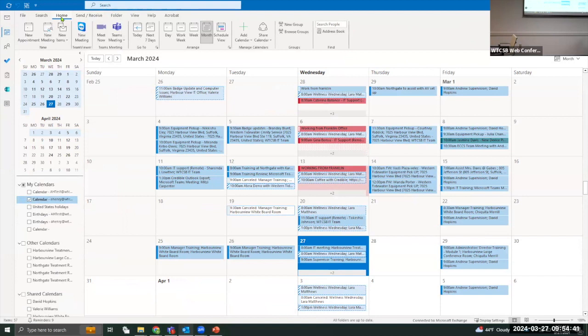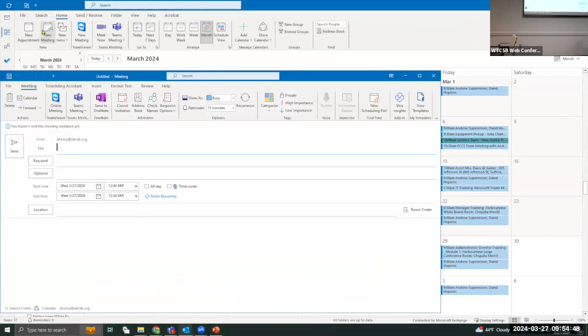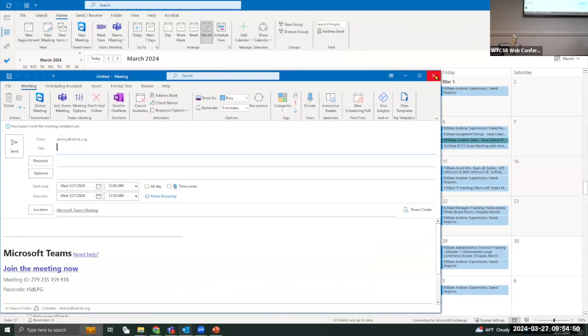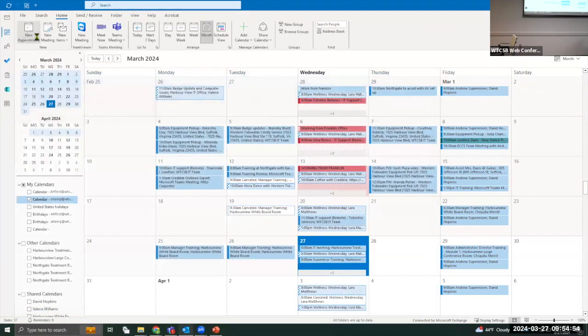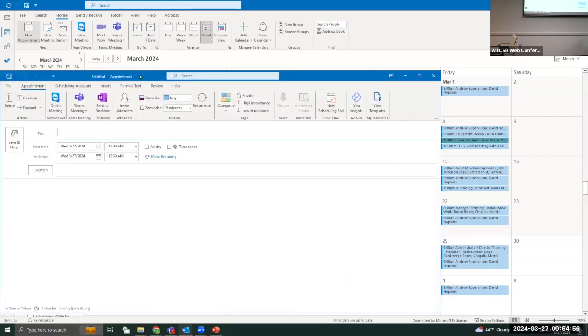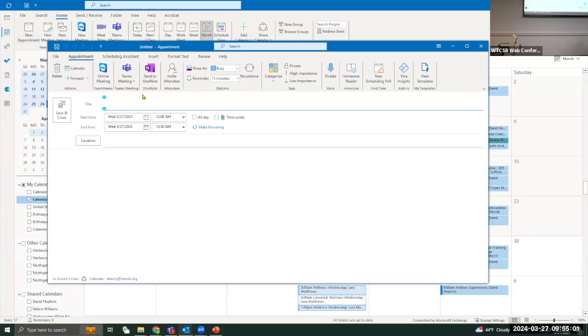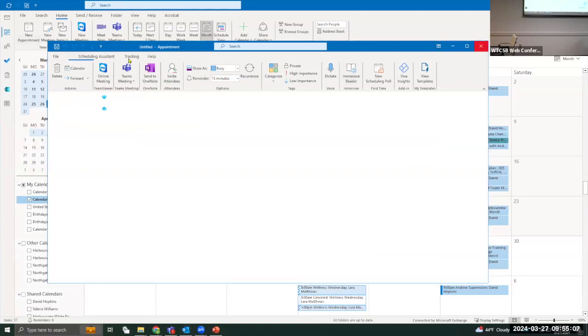Yeah, that doesn't come up. So when you click on meeting, that's when that Teams thing comes up. When you click appointment, it doesn't. So I'm saying new appointment is the same thing, but it doesn't automatically have invite attendees. It just has a title and a location, right? When you click new meeting,